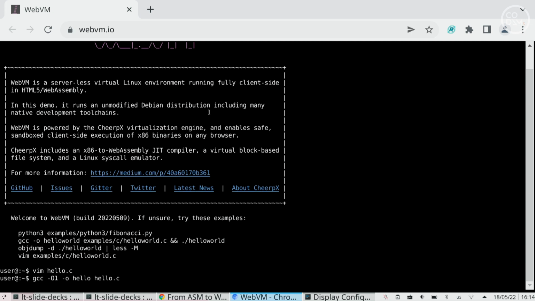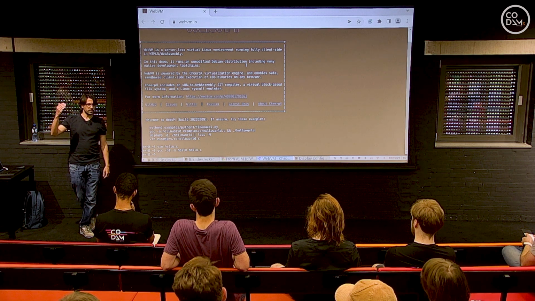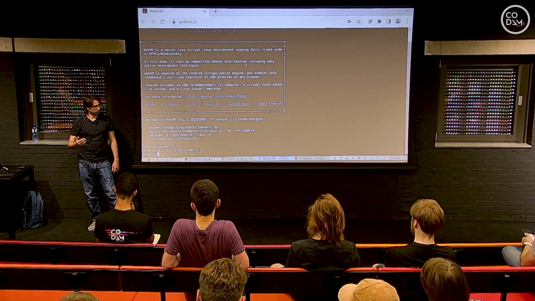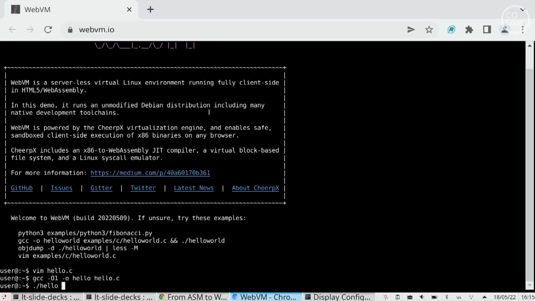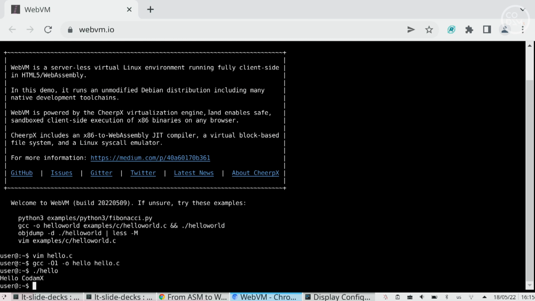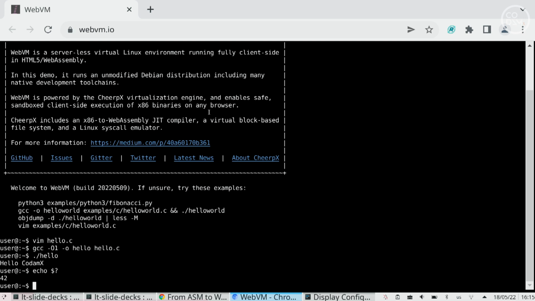Now, what's happening here in the background is that the data for the GCC application is being loaded from the disk backend and is being parsed in memory. The address space of this application is being populated, and the application is starting. The way this works is that you start the application from the entry point, and you just let the whole execution flow proceed. This thing is finished. Let's see if the application can run. It does. What is the error code? 42, which is what we expected.